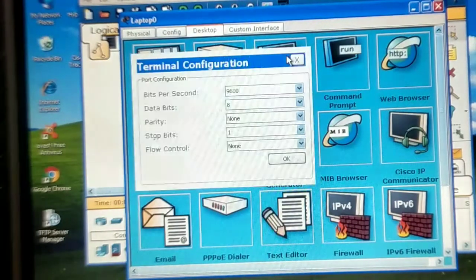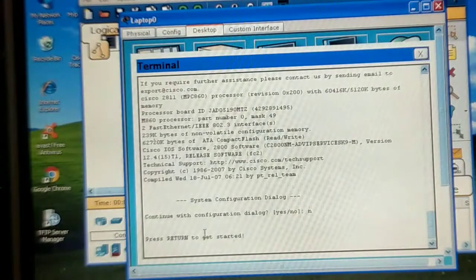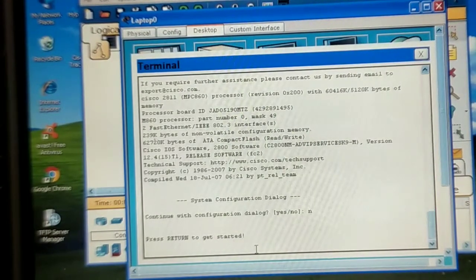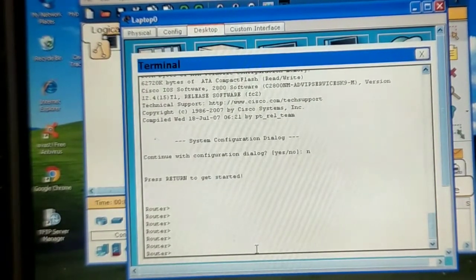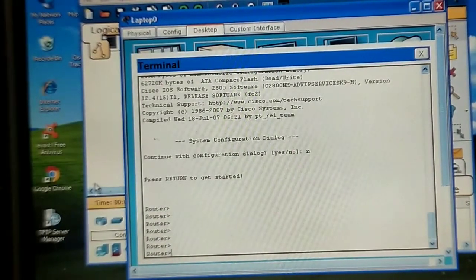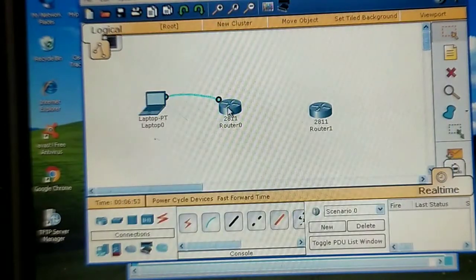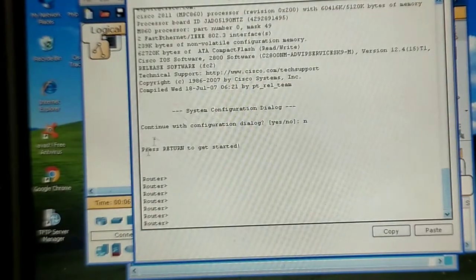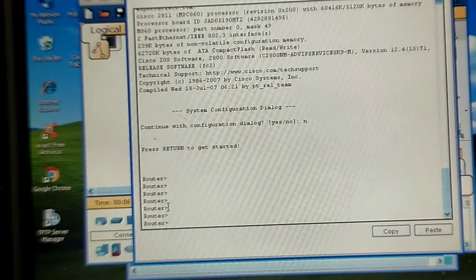You have to go to the terminal. After going into the terminal, you have to click OK, and look, we are here in the CLI of our router. So basically this is now the CLI of our router, and this CLI can also be directly accessed by just double clicking on the router and going into its CLI. So this is also the CLI of the router, the same.